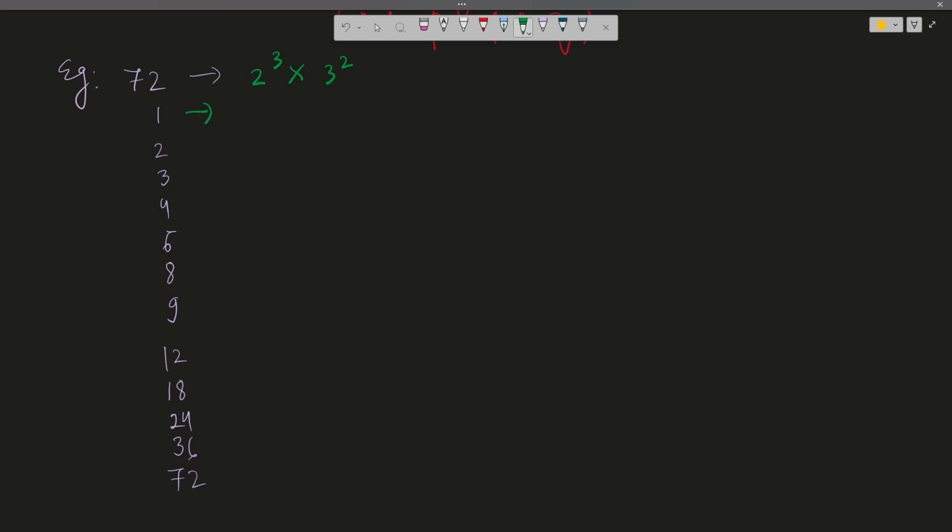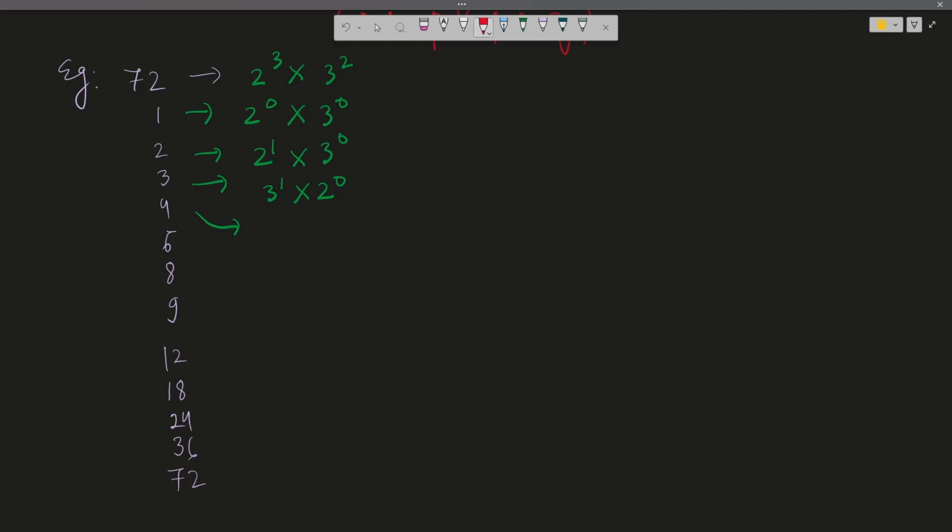So 1 can be written as 2 to the power 0 into 3 to the power 0, 2 can be written as 2 to the power 1 into 3 to the power 0, 3 can be written as 3 to the power 1 into 2 to the power 0, 4 it can be written as